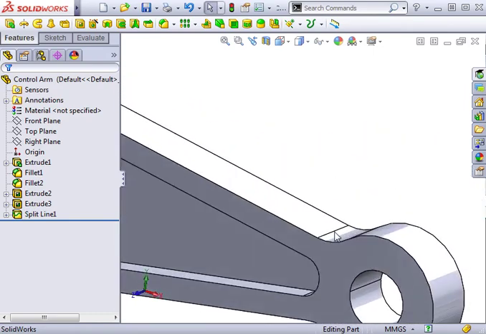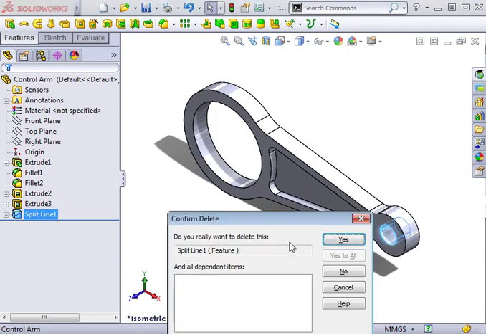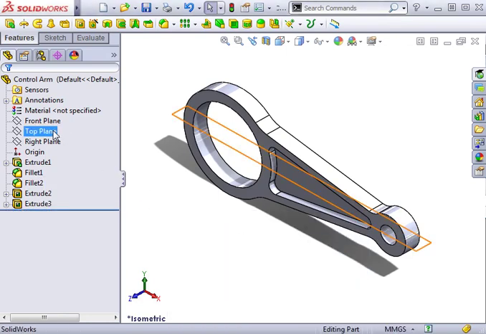In cases where you have a reference plane that passes through the face you wish to split, let me quickly show you another approach. I'll delete this split line feature and delete the sketch I created. Here on this part, I have a plane that passes directly through the cylindrical face I wish to split. I'll launch the Split Line tool,